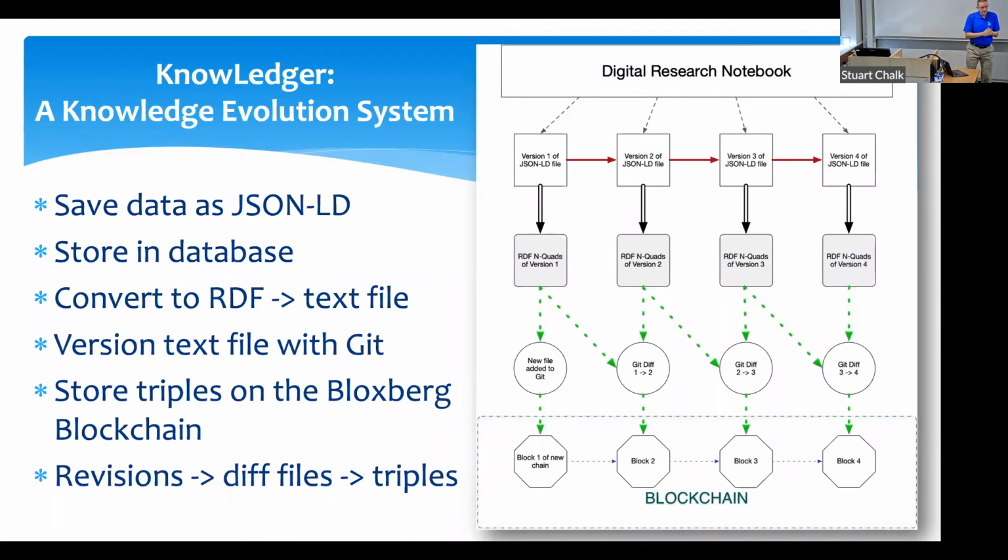The nice thing about this is we've done preliminary work to see if we can take the data back off the blocks on the blockchain and reintegrate them to generate what the RDF was at any particular version. We've been able to do that, but one thing we need to do further is convert that back to the JSON-LD file. In that way, we could potentially regenerate lost data. If we happen to lose the JSON-LD file, we could recreate it from its history on the blockchain. There's some work to do with framing, which is a JSON-LD concept of how you would put that back together, but I'm pretty confident that's going to work out.